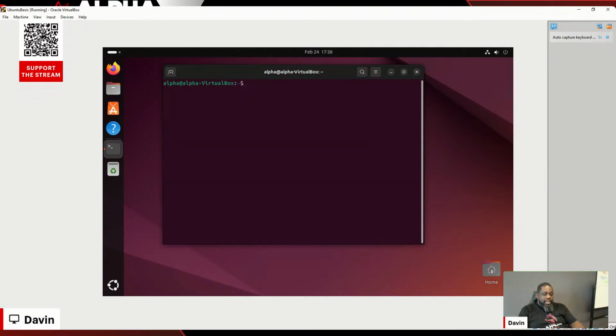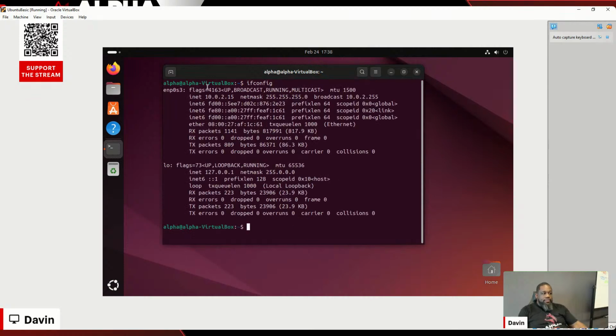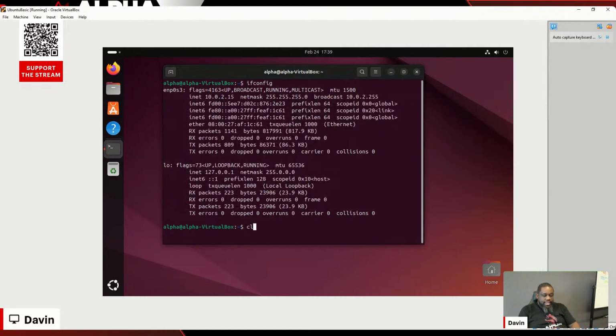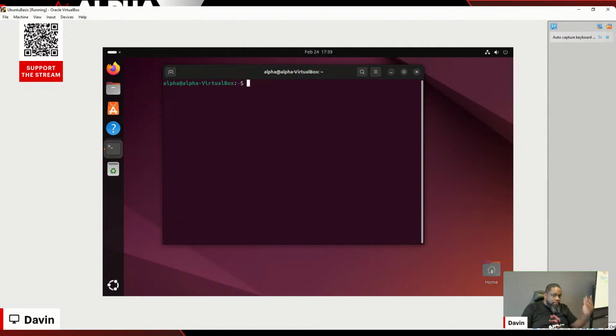So now, okay, we have net-tools installed. So now when we run ifconfig, you'll see we have our information, right? We have our IP address, we have our subnet mask, we have all our information, okay? Again, that's just something that I do just to make sure. It's a pet peeve of mine. It's a process. And then the last thing I do,